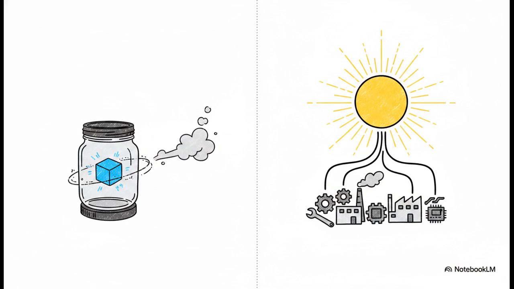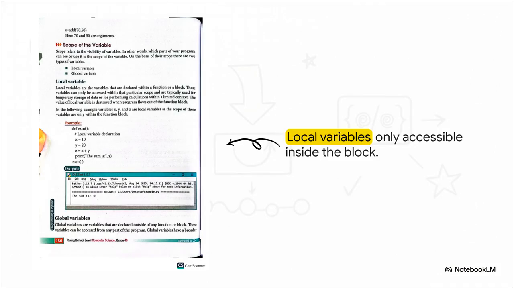Conversely, global variables are declared outside of any function. They have a much broader scope and are accessible across all the modules and functions in your entire program. Let's look at a quick run. We define a function called xmm. Inside, we declare local variables x equals 10 and y equals 20. We add them to create z and print the sum right there inside the function block. So when we call xmm at the bottom, the output displays exactly what we expect. The sum is 30. And this works perfectly. Why? Because all the calculations and the printing happen entirely inside the function, where x, y, and z are perfectly